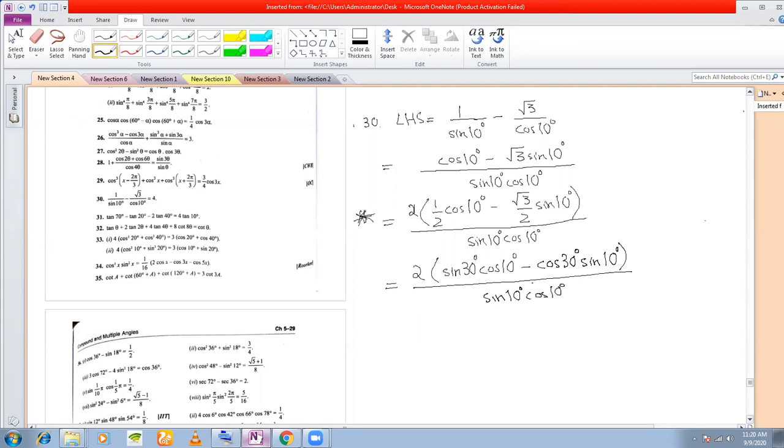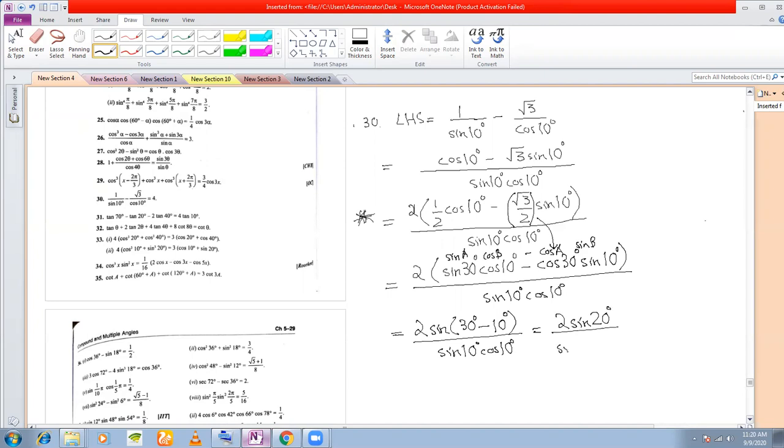What does it look like? Half I have written as sine 30. Why have I written cos, root 3 by 2, as cos 30? Because I needed the form sine A cos B minus cos A sin B, which is nothing but sine of (A minus B). A minus B is 30 degrees minus 10 degrees, divided by sine 10 cos 10. So now what we get here is 2 sine 20 degrees